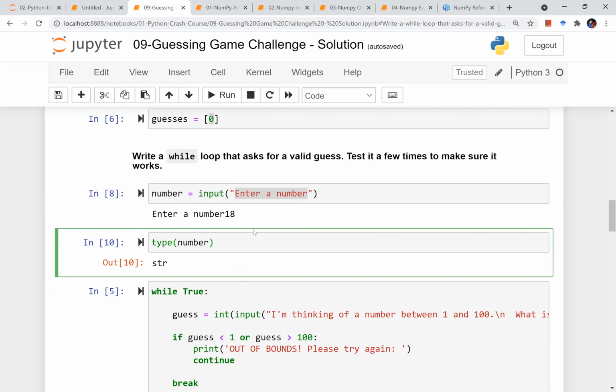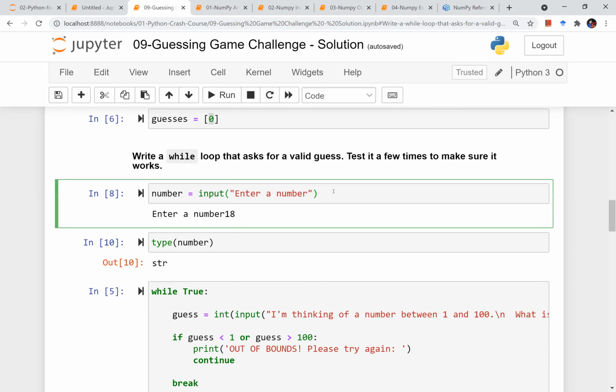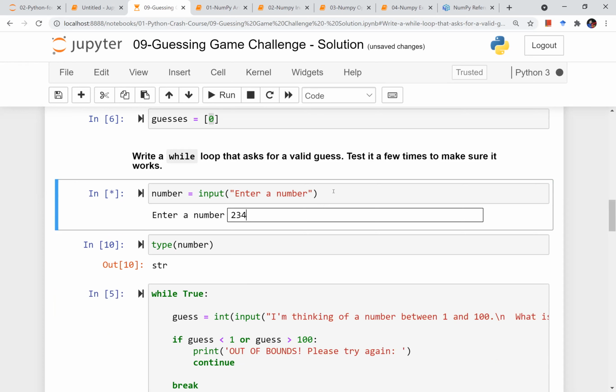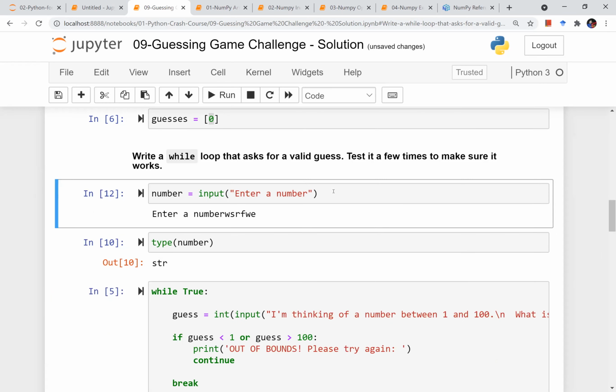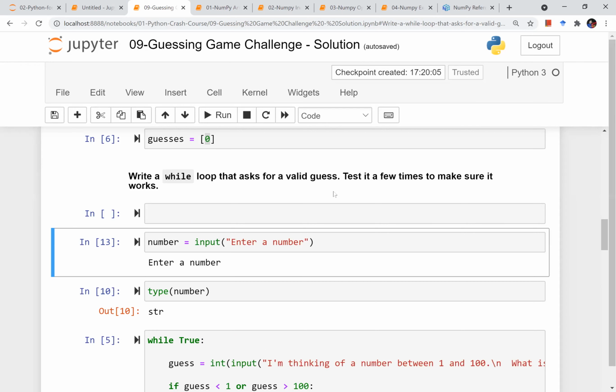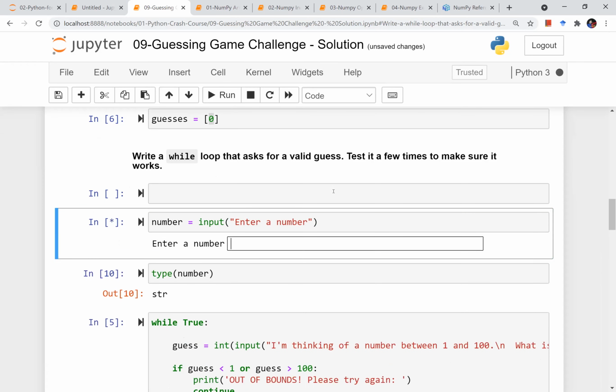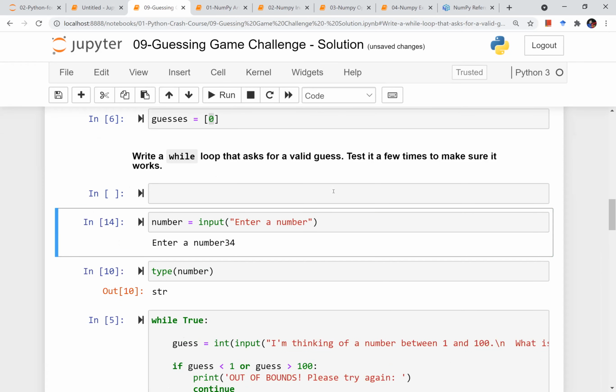Suppose I want to keep asking it until, so here, if I run this, I have to enter a number and I run this. I again have to run this, enter a number, and then I have to again run it manually every time after entering a number. That's what I don't want. I want to automate it, so that until a certain condition.